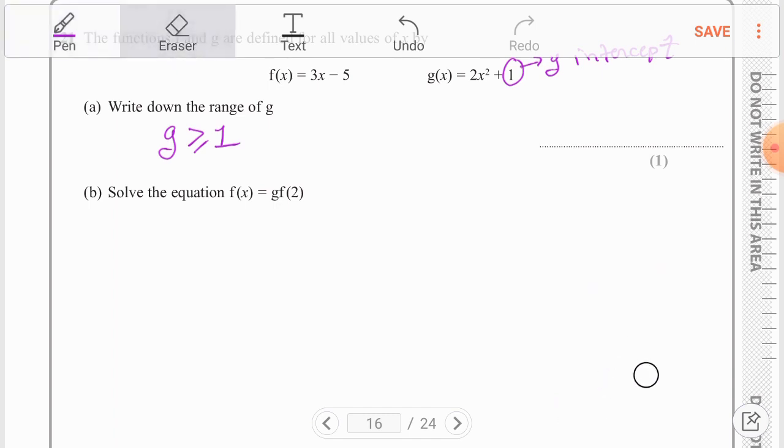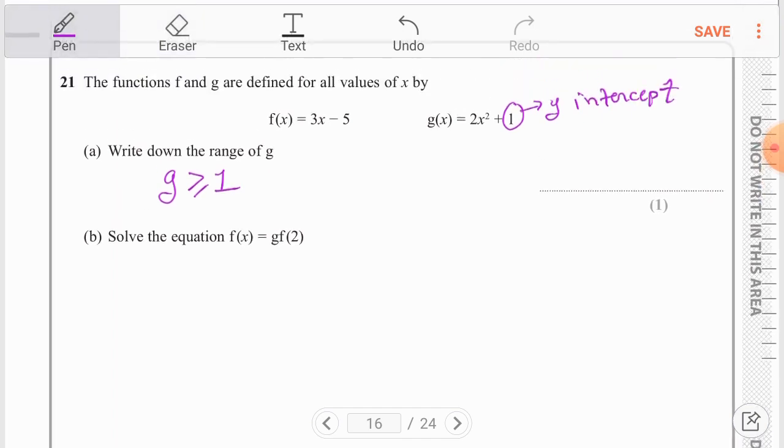And now we need to solve the equation f(x) = gf(2). At first we need to find the equation for g of x. f(x) would be 3x minus 5, and g(x) would be 2x squared plus 1. This was the equation for g, but as f is inserted inside it, it would look like